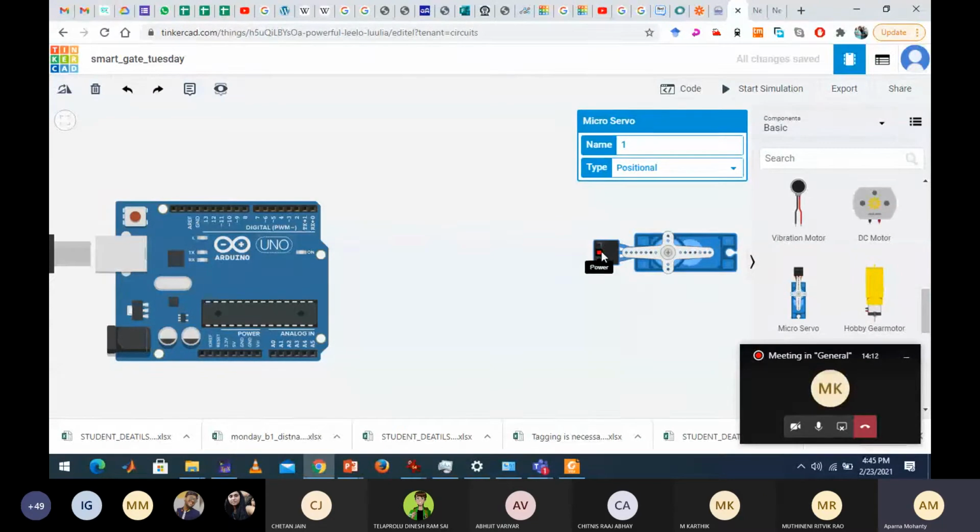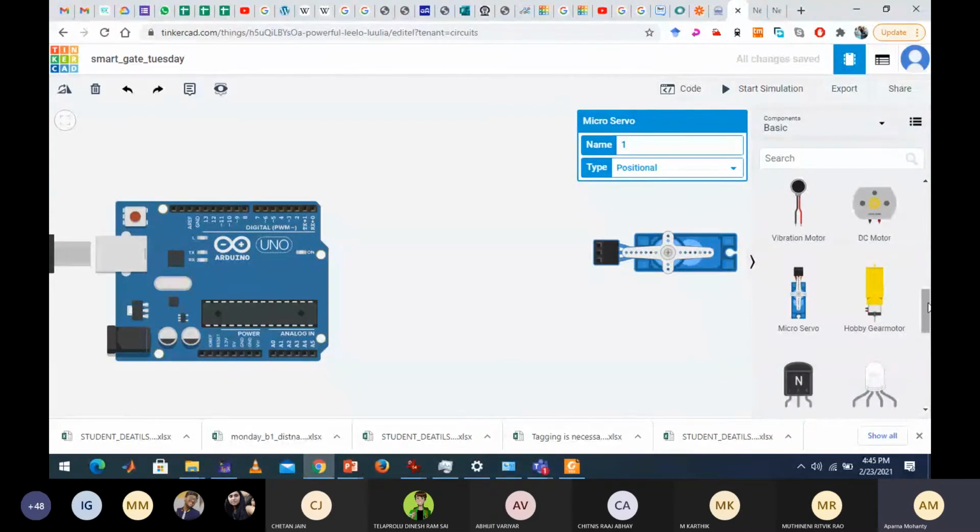Okay, so obviously the ground can be connected to the ground here in the Arduino. There are 3 sections: one is your power section, one is your analog input, one is your digital pin section. So the ground from here I can directly connect to the ground here. We'll go on connecting that, but for the timing just drag and drop all this now.